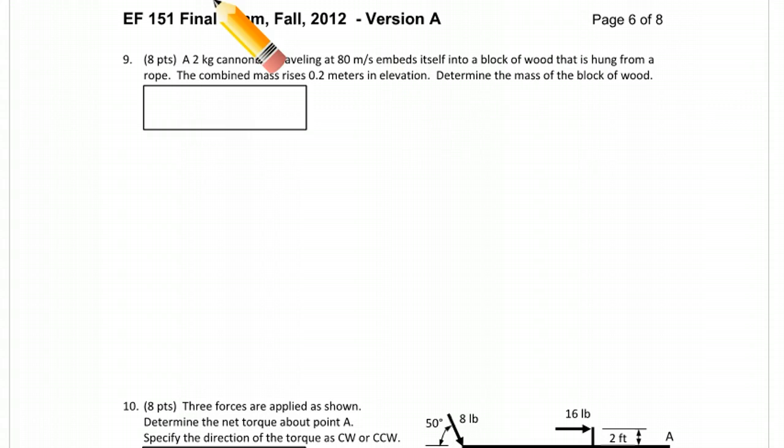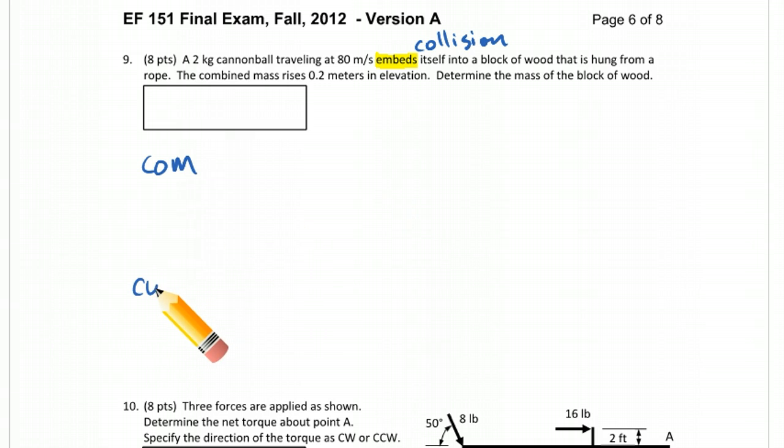Embeds. Okay, so the fact that it embeds itself, this is a collision. So we're going to use conservation of momentum. And then when it rises 0.2 meters in elevation, we're going to use conservation of energy to compare those two states. So conservation of momentum